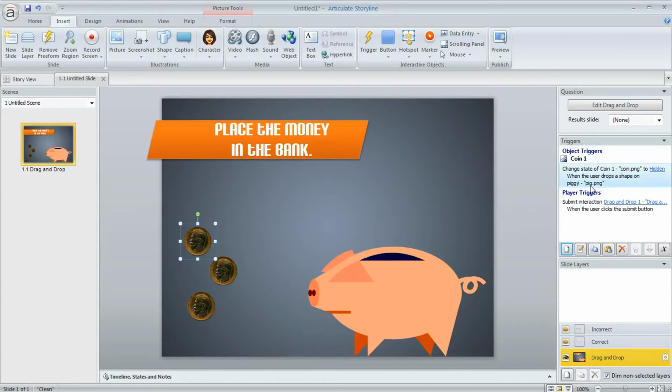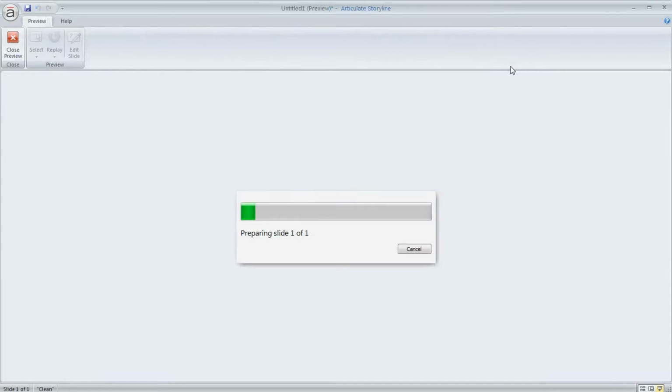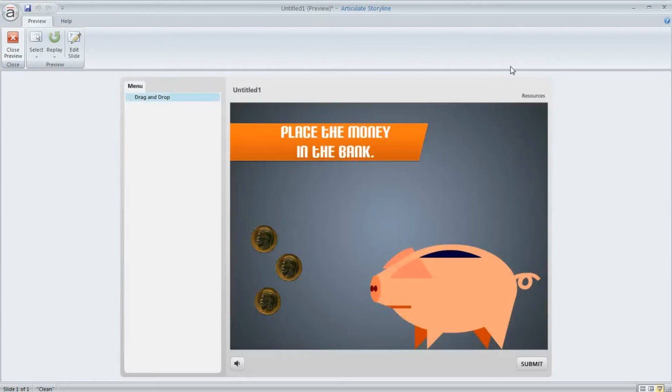So now that my first trigger is created, I can click on the Copy Trigger button, come over here and select both of my other coins, and then click Paste the trigger. And now we should be good to go. So let's go ahead and see how this behaves. So here's our coins. We'll drop them onto our pig, and they disappear as they're dropped. So that's how you can create a drag and drop interaction and have the draggable items disappear when they're dropped